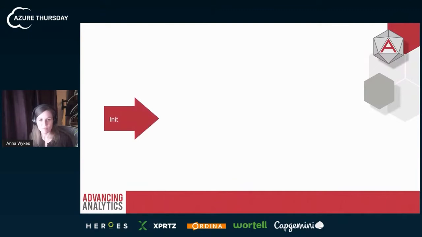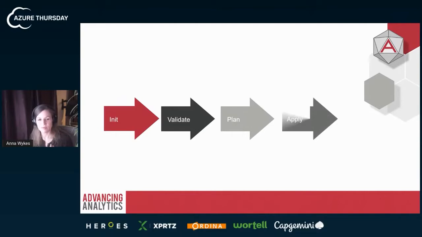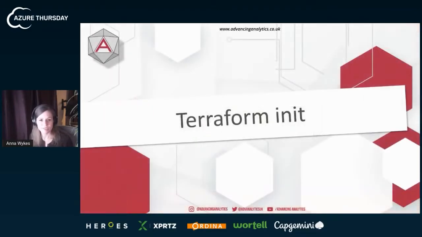Now, again, we're going to go through the concepts of all the core commands in a linear order. You'd initially run Terraform init to initialize, and that would go away and get all your providers and build that initial state file for you if it's needed. Then we've got validate, so that will validate that all your Terraform is correct. Then you hit plan to get your Terraform plan, and then we hit apply. So looking at that Terraform init,